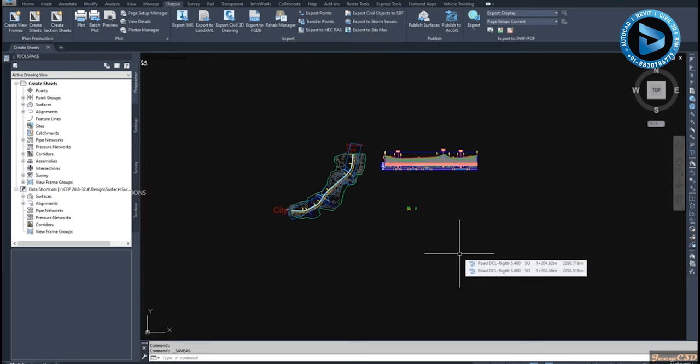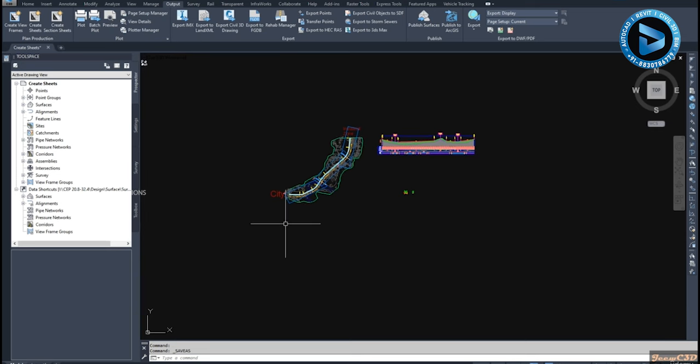In this video, we are going to create sheets. After creating view frames, what we have to do is create sheets. Currently, I have opened my create sheets drawing. So what you have to do here now is go to the Output tab and move to Create